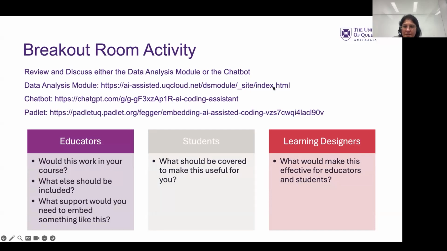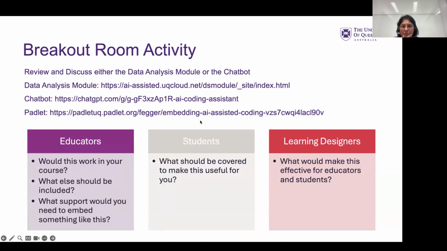Okay, no questions. All right. So what I'm going to do is put you in breakout rooms, and in each breakout room, I'll share these links so you can have a look at the data analysis module or the chatbot or both in your group. We've got some key things we wanted you to think about